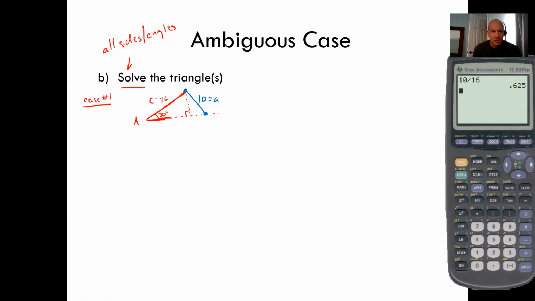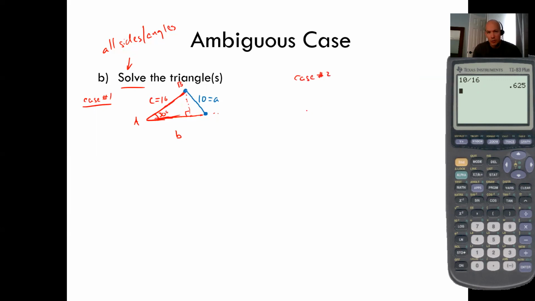So this is C here. Angle B is up here. We were never given any information about that. Side B is down here. We were never given any information about that. And this will be our triangle. This is one possibility. Case 2